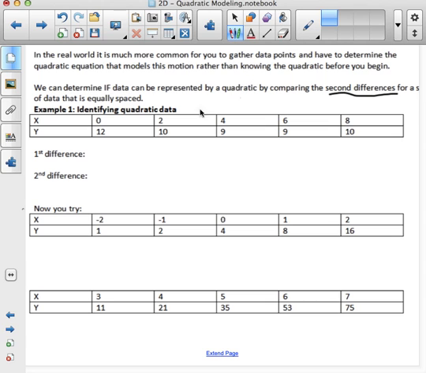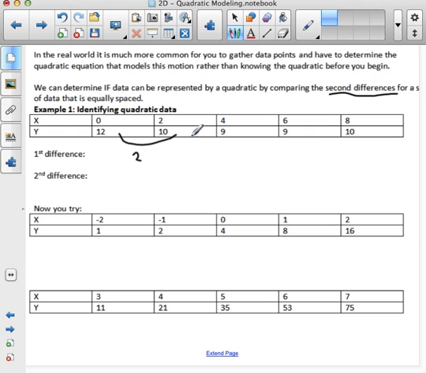So you always want to check the x values in your table. Make sure that they're increasing by the same amount or decreasing by the same amount. In this case, we're going plus 2, plus 2, plus 2, plus 2. And then you want to find the second differences for the y's. It doesn't matter which way around you go. You can go 12 minus 10, but if you do 12 minus 10, you must do 10 minus 9, and so on. So if we go ahead and find those first differences, 12 minus 10 would be